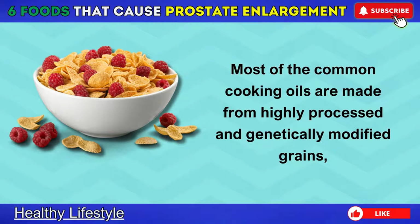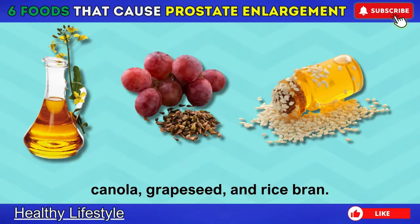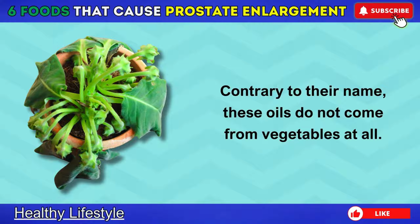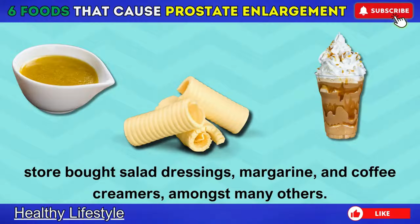The second food to avoid is vegetable oil. Most of the common cooking oils are made from highly processed and genetically modified grains, like soy, corn, cottonseed, canola, grapeseed, and rice bran. Contrary to their name, these oils do not come from vegetables at all. So-called vegetable oils are often used in fast foods, ready meals, deep-fried meats, store-bought salad dressings, margarine, and coffee creamers,